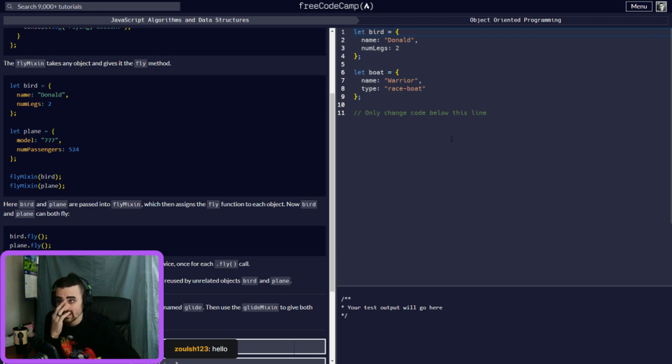So if you want multiple things that are unrelated to have this, in the animal object you'd have everything that's related. But if you have unrelated things that you also want to have functions with the same usage, you would use a mix-in.